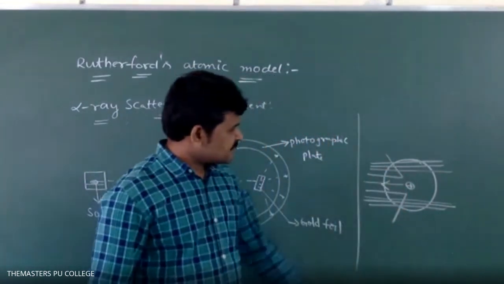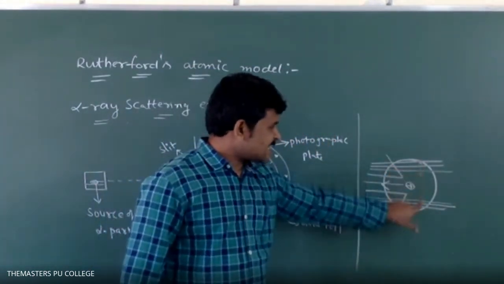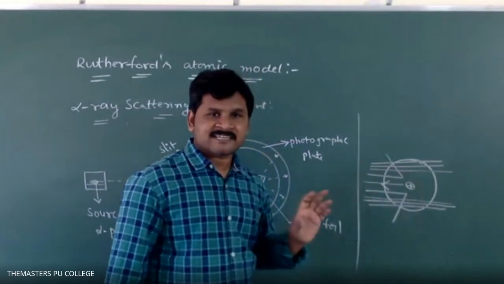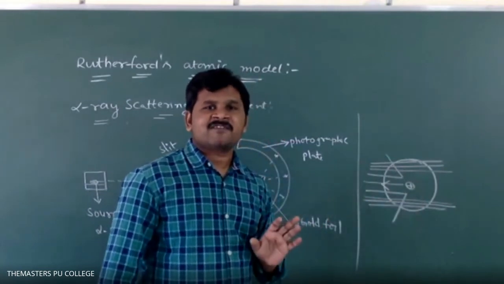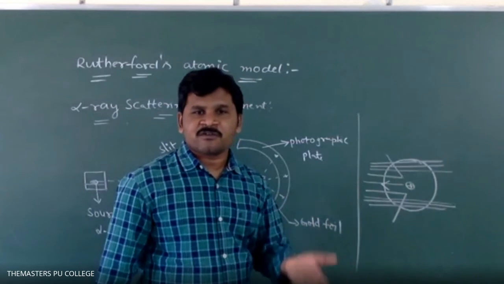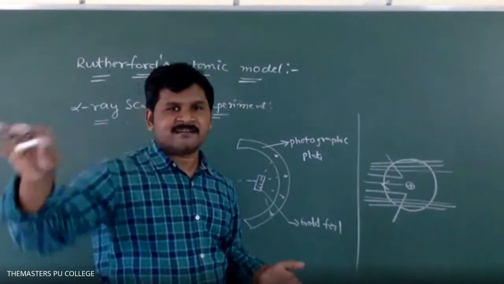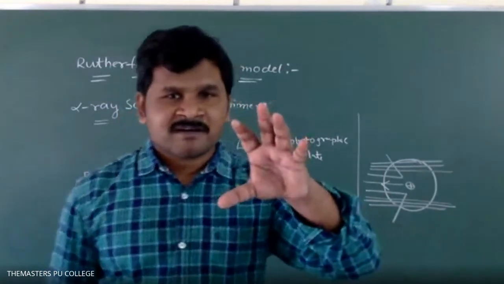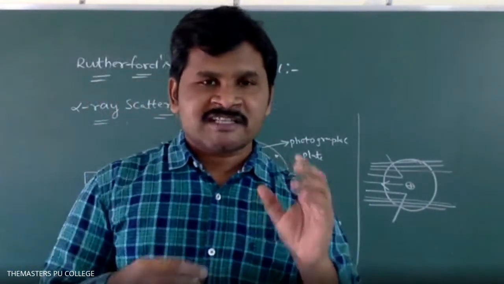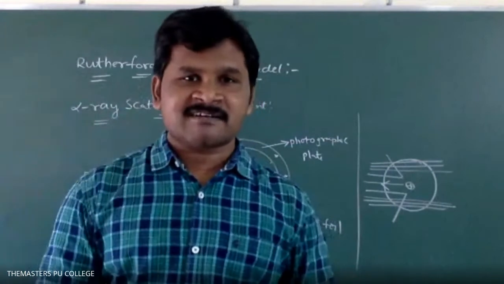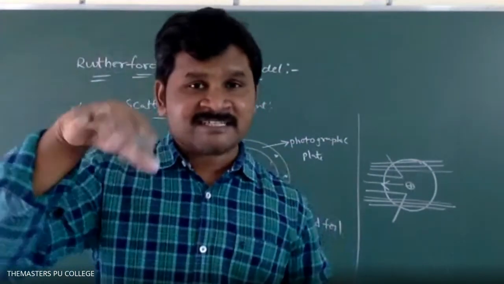See students, what are these straight lines? Those straight lines indicate alpha rays pass through the gold foil without any deviation. Moving straight, moving straight. Imagine a soft ball. Inside that ball, in the middle, something is there.